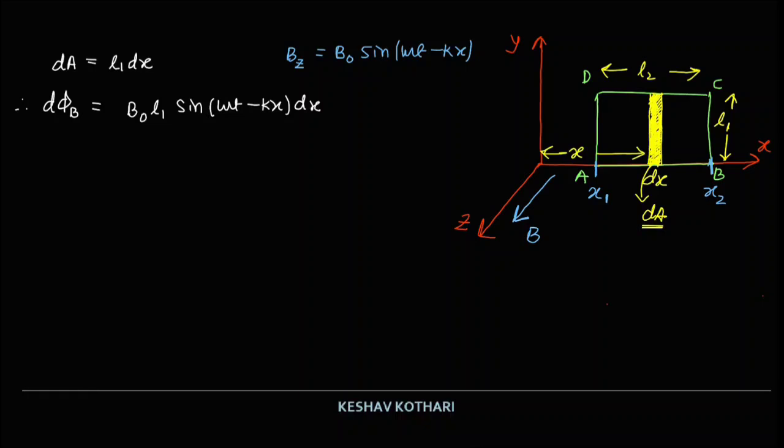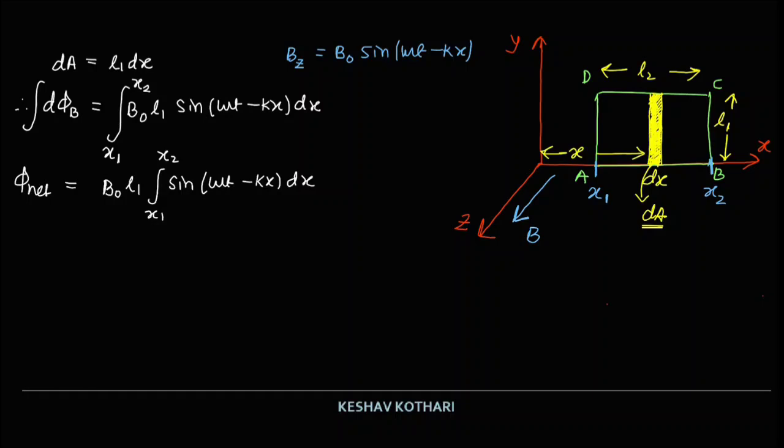And if I integrate this expression, then I will get the net flux, and the variation of x is from x1 to x2. So the net magnetic flux phi net is going to be equal to B naught L1, and we are left with the integration of sine(omega t minus kx) dx from x1 to x2. So we have an expression like this, and since we are